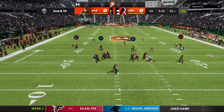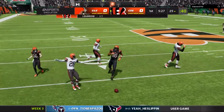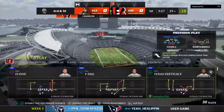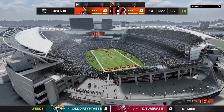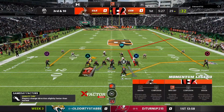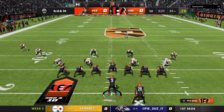Now Burrow. Oh, not sure he saw the linebacker there as that's batted down and incomplete. Receiver coaches preach to their guys all the time. Separation, that's what's going to make the play successful. That time there was very little, and I think they were actually fortunate that it was only knocked away and